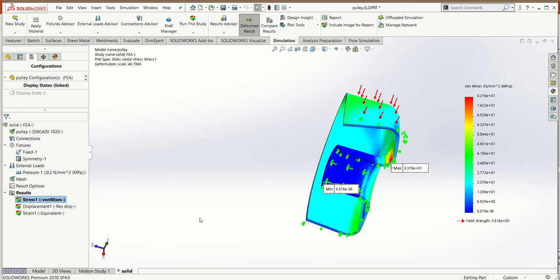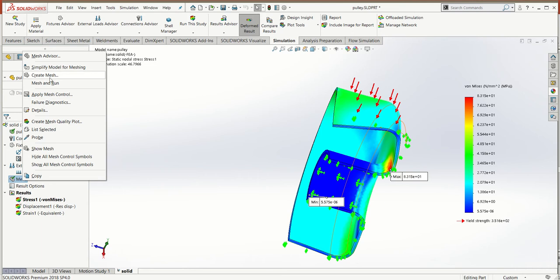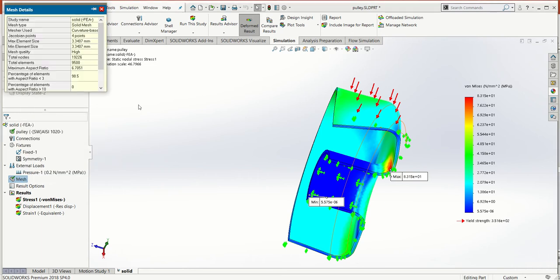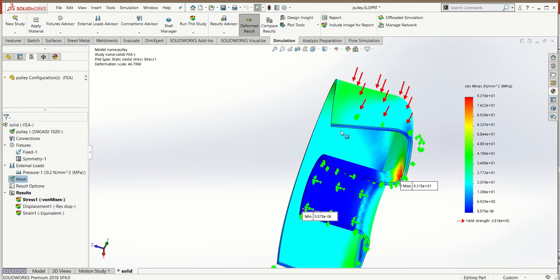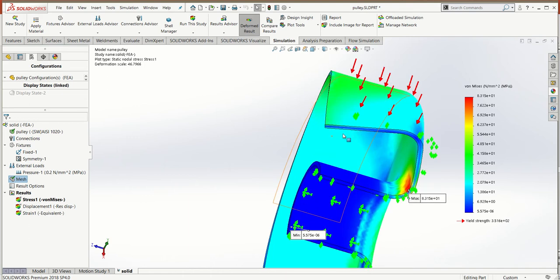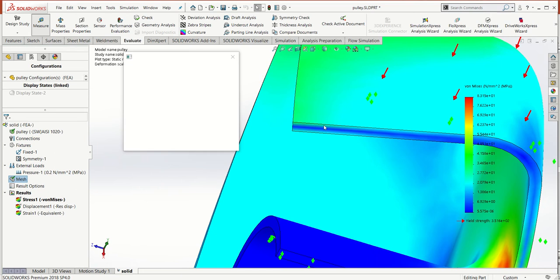So now, if you see in the mesh, my basic mesh size is 3.3 mm, which is too large. As per the recommendation, if you apply a solid element for a thin part or any sheet metal part whose thickness is much smaller, in that case you need to apply a minimum of 2 elements across its thickness. If you check here for measure,